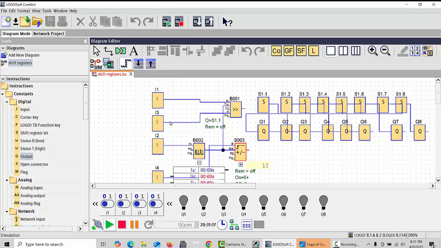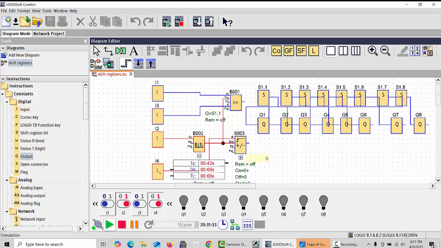And again we will reset this one. For example, I make the reset, and once we start this one, you can see it is giving a continuous signal. Here is I7. I will make this one I4 when it is 0. Okay, and now as I remove this one signal, it will start. So I will turn this one on, and I will start here, and I will start once,